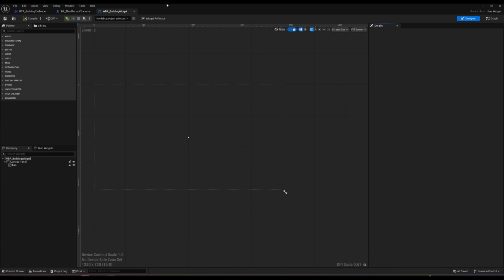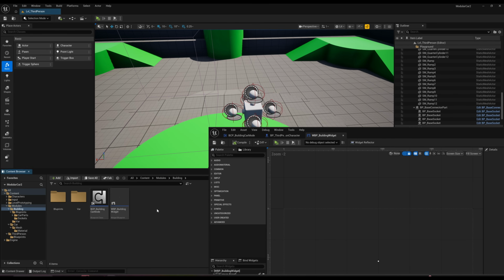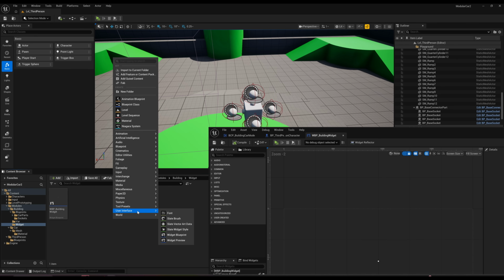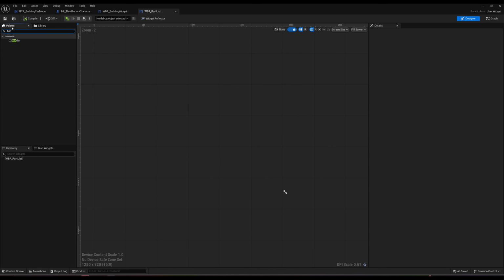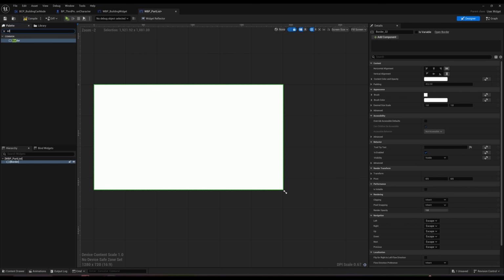And now let's just create here a very simple list of items that we can actually do. What I like to do for those cases is create a new folder called widget, because it's starting to get more complex as we go. And here we're gonna create a new widget called WBP part list, or in this case we can call it part list. On the part list, we're gonna add a border, which will have a scroll box,